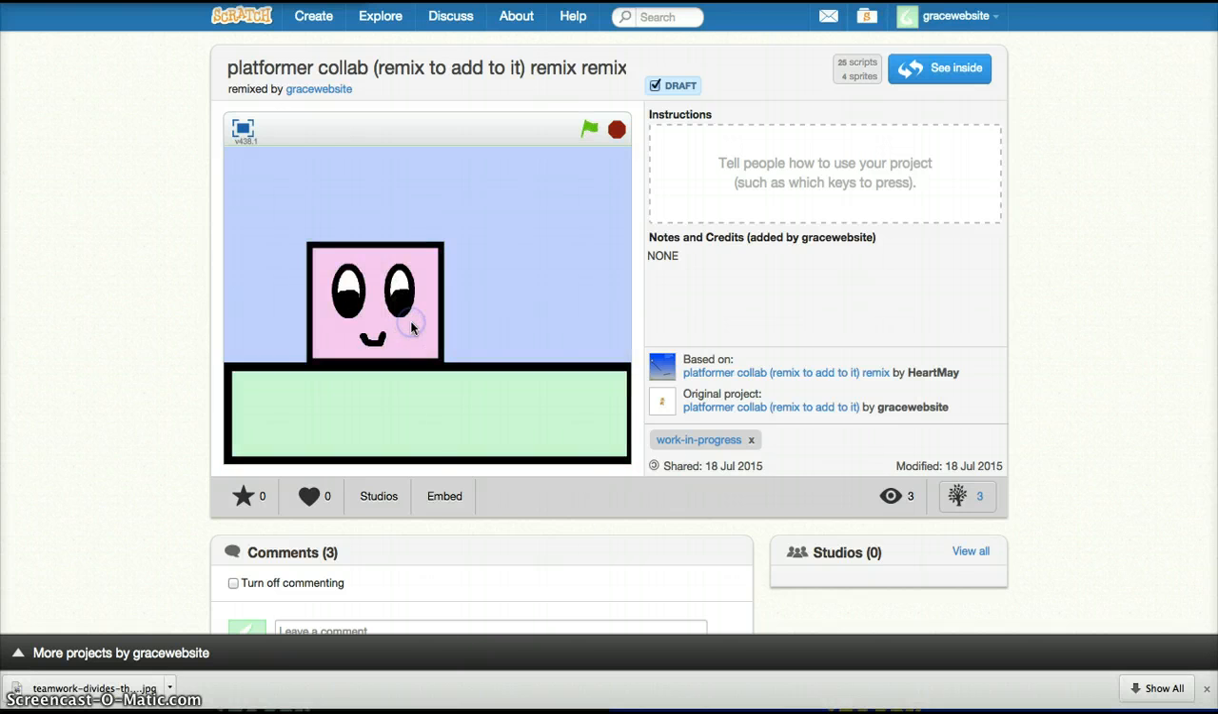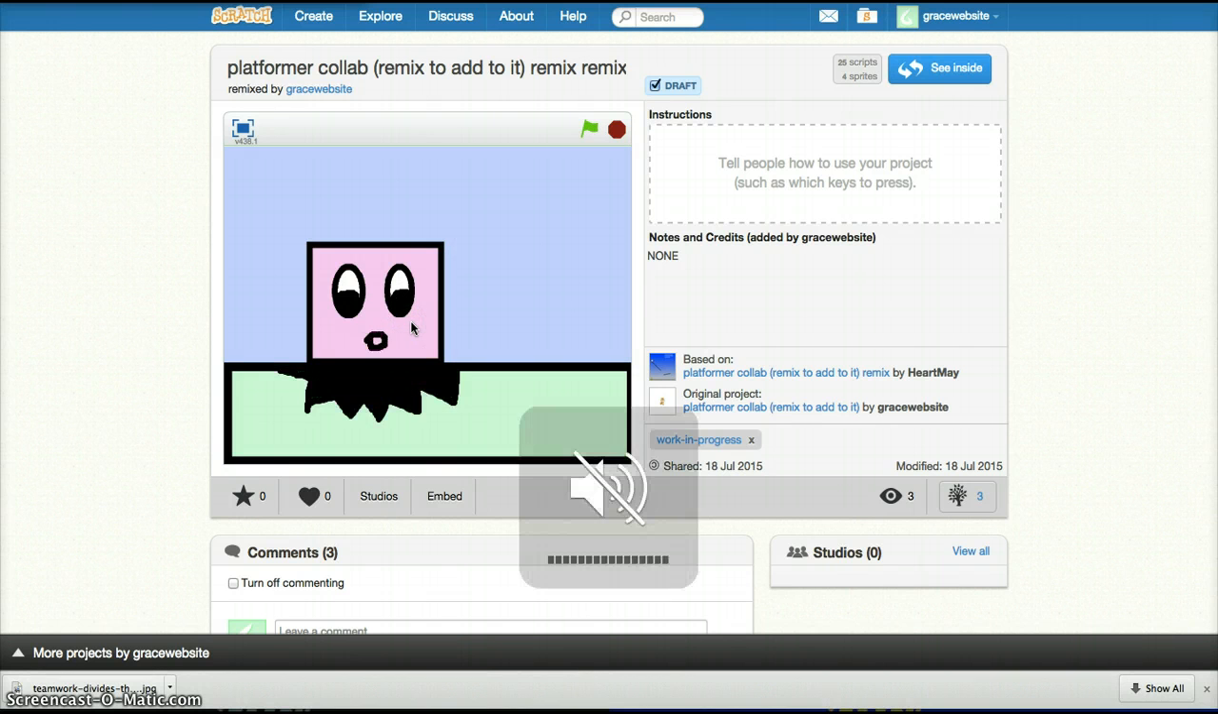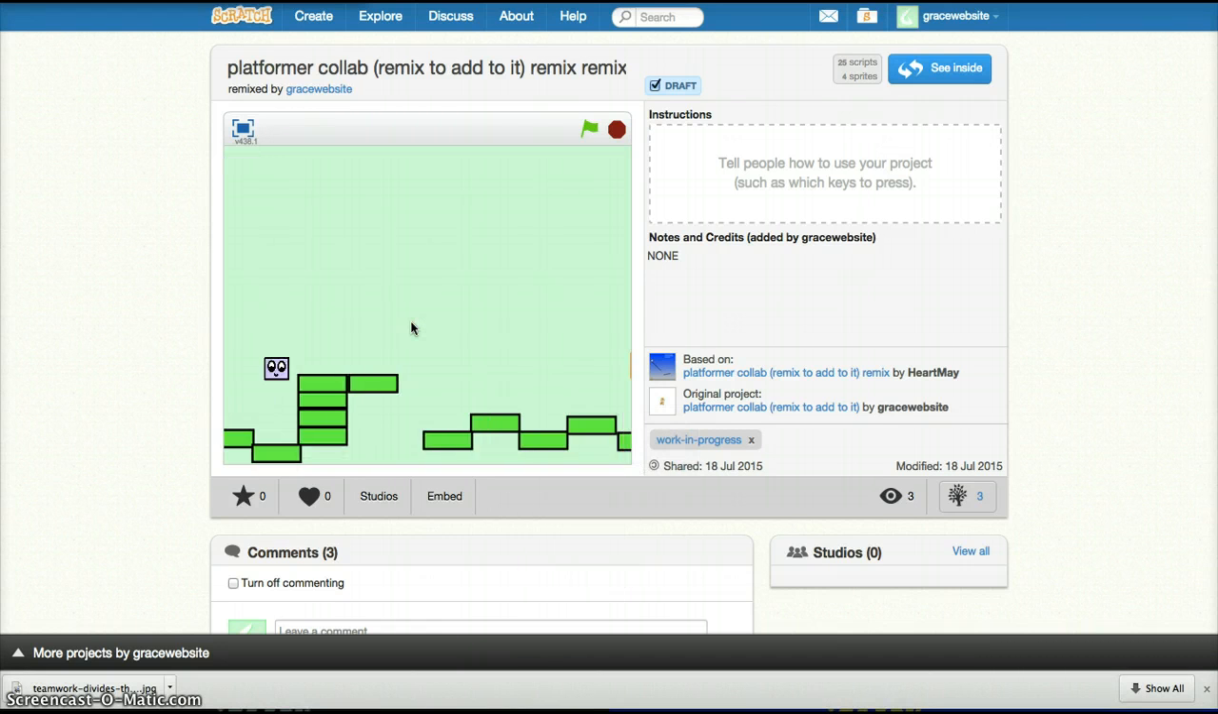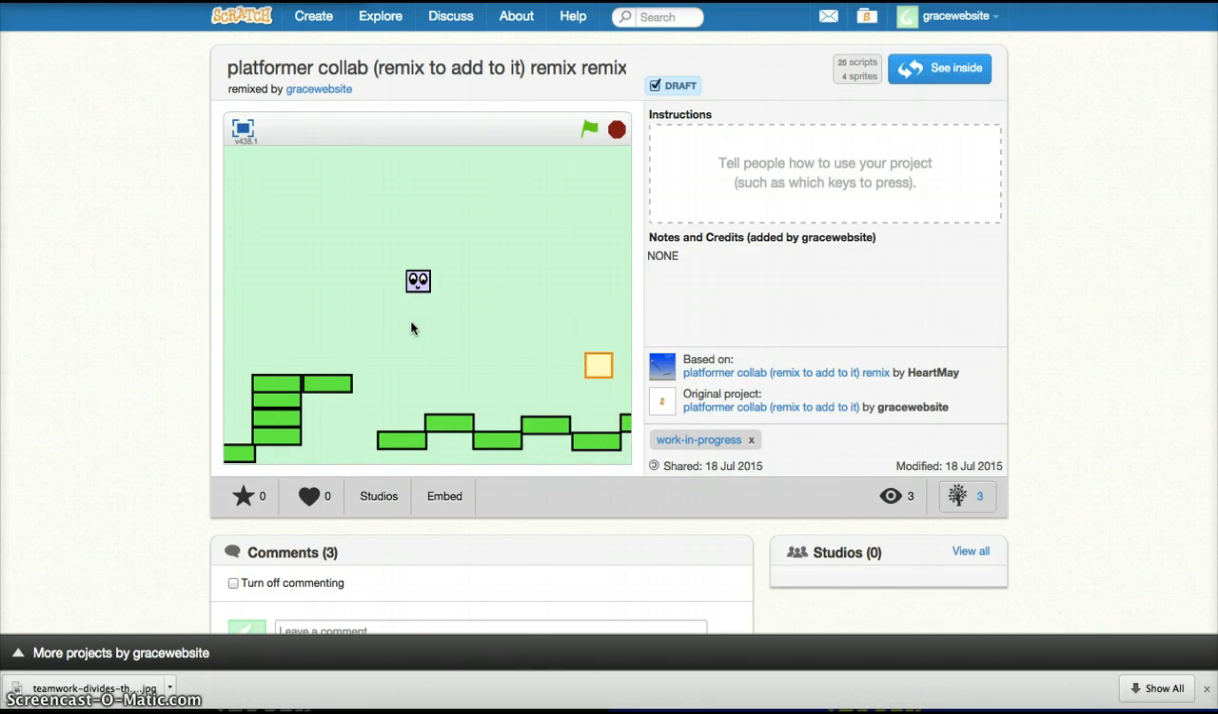Today I'm going to show you how to make a platformer game. This is just the intro, but this is a game that me and HeartMay are doing together. She came up with this amazing physics engine. The engine that I'm going to show you is very simple, but hers is more